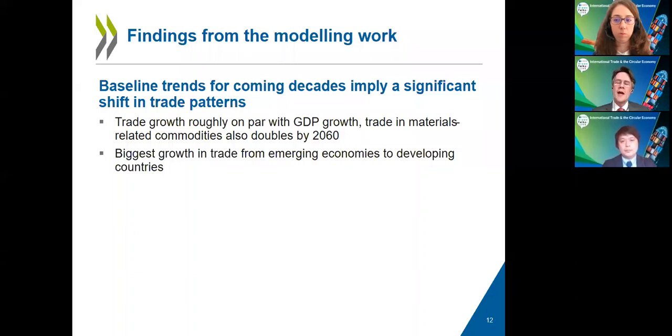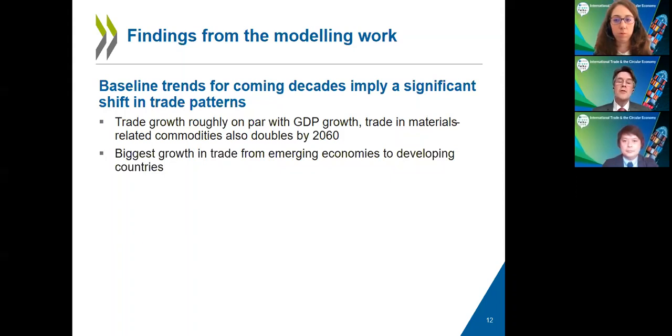But we see that there's no big shift. There are trends that shift the economy towards more services, etc. But there's no big shift away from materials using commodities and producing in a linear fashion, because the policy incentives are just not there. And secondly, we see that there's a big shift away from trade from the OECD and